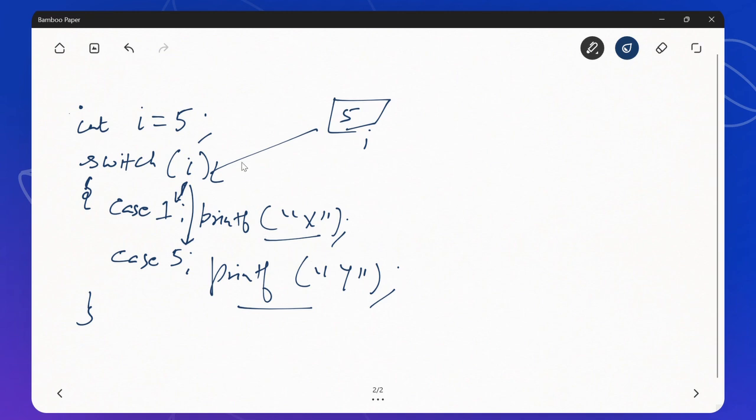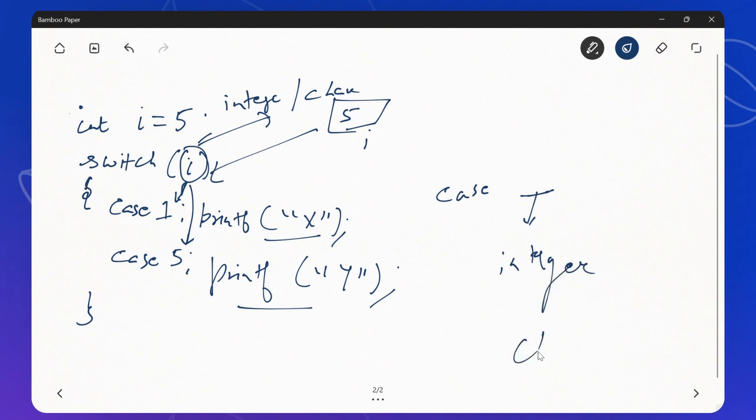So remember, switch is applied only for either an integer variable or a character variable. Then these cases can have either an integer constant or a character constant. It cannot have anything else.